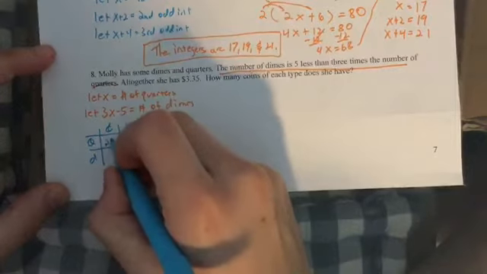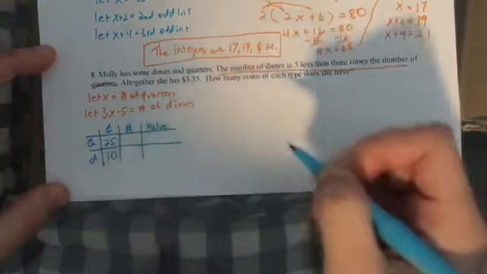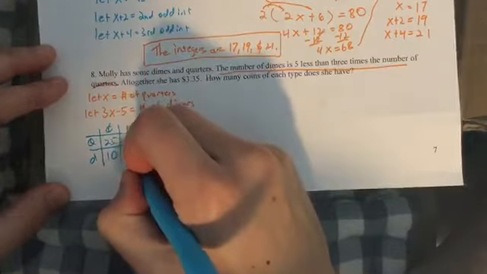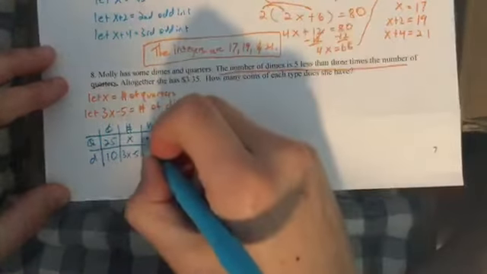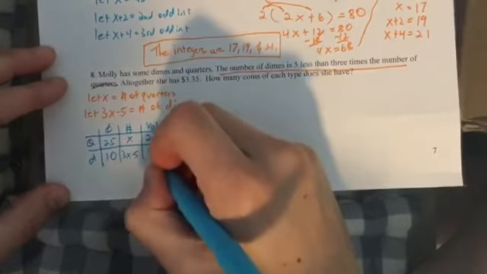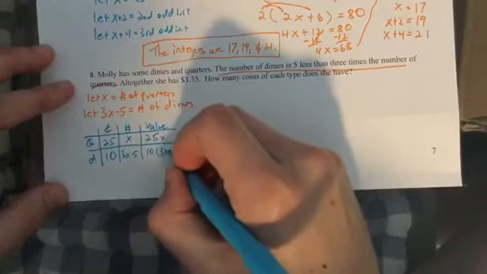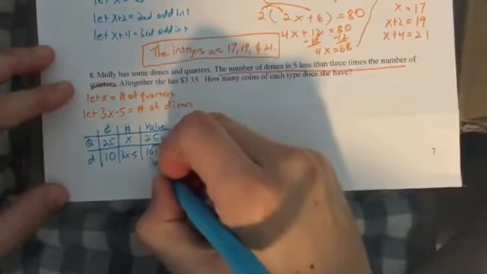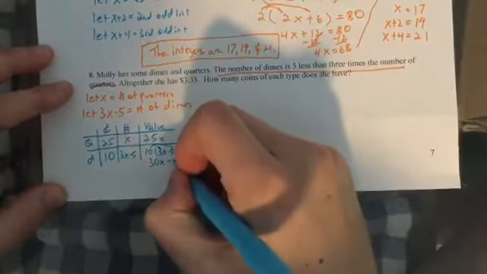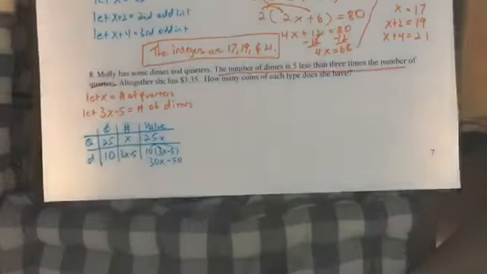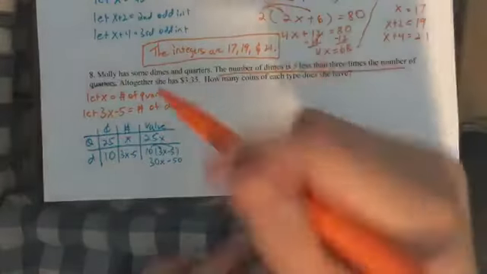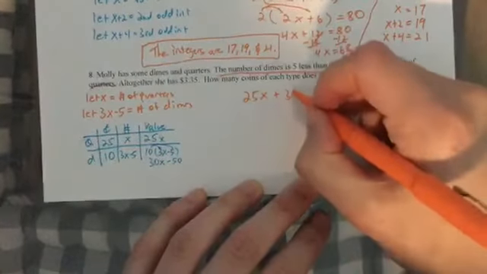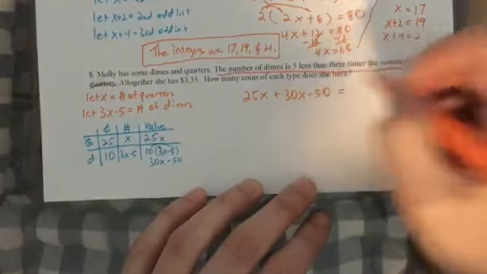So quarter is 25 cents, dime is 10 cents. Our numbers from our let statement, x and 3x minus 5, and then for the value, we multiply. Notice for our dimes, we have to distribute. So we can do it here or we can do it in the equation. Then our equation, we add them together: 25x plus 30x minus 50 equals